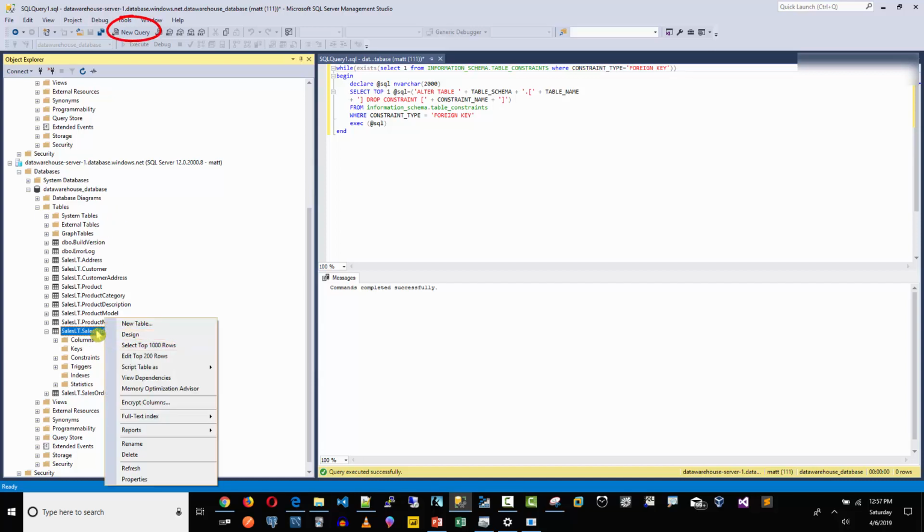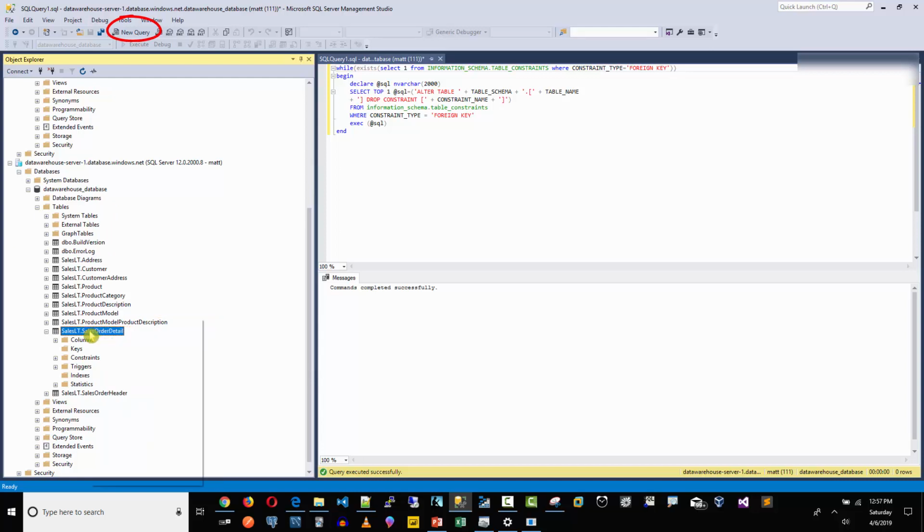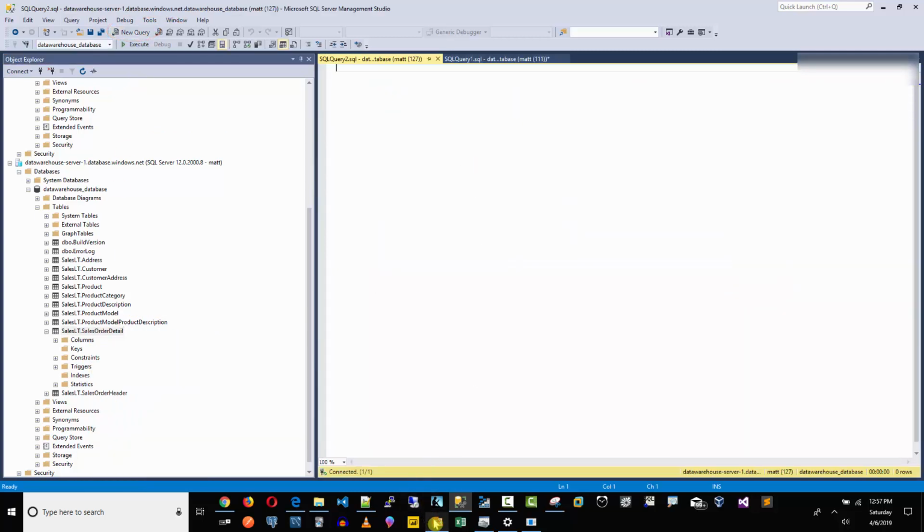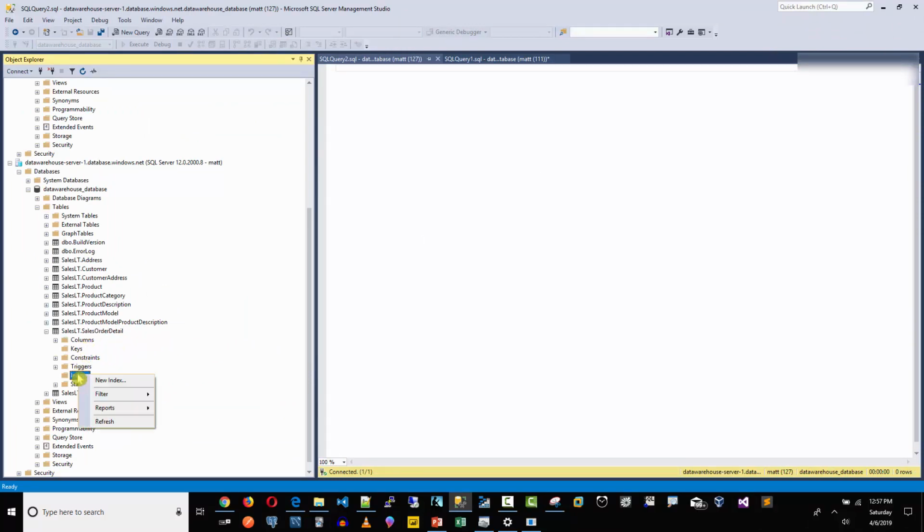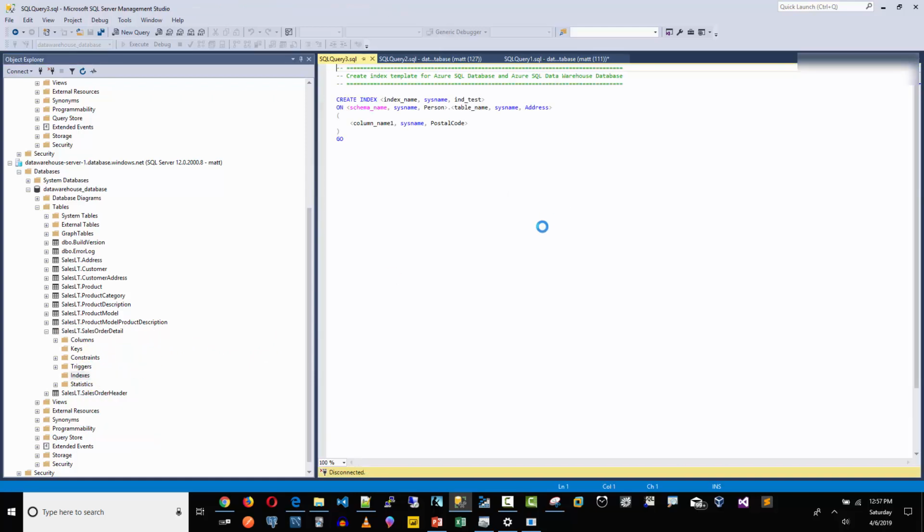Now, go to highlight sales order detail. And then, let's see here. Sorry. It's not what I want. I want to go to new query. Okay. And let's check this out here. Okay. So, sales order detail. And I'm going to right click new index. Okay. And, well, we'll just do this. We'll just